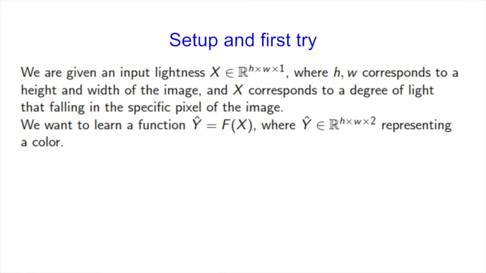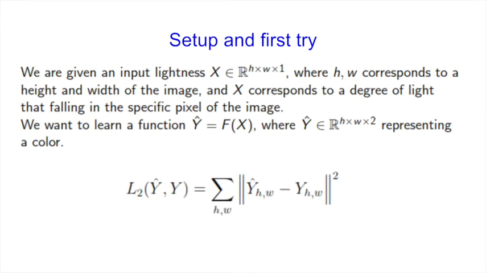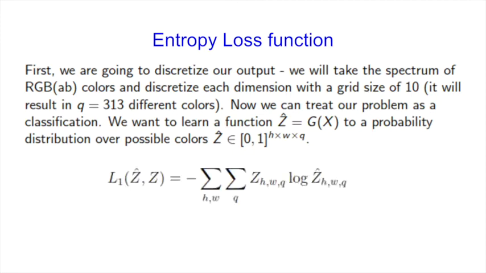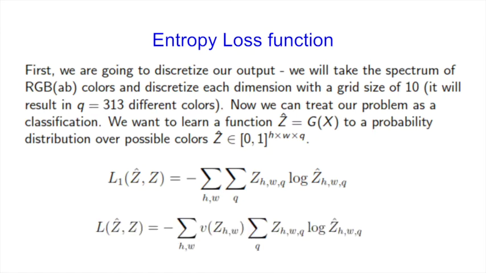The most common choice of the loss function is the L2 norm. But this function is not as good because it leads to desaturated results, because the average color tends to be grayish. That's why the proposal in the paper is to use the cross entropy function, because it can better capture the disorder of the given probability distribution. The only problem with that is that desaturated colors appear much more in pictures as a background, like sky and wall, and they dominate in this function. In order to take that into account, we rebalance the loss function with weights based on color class rarity.